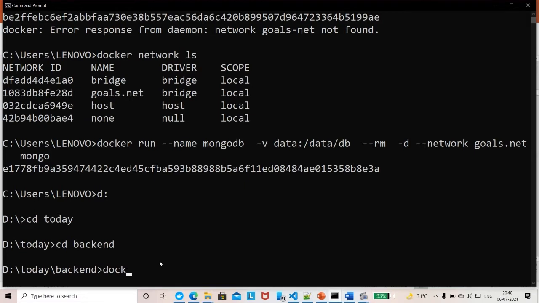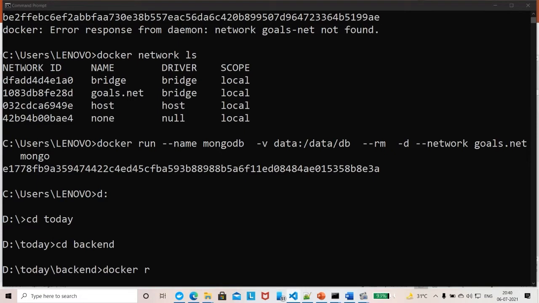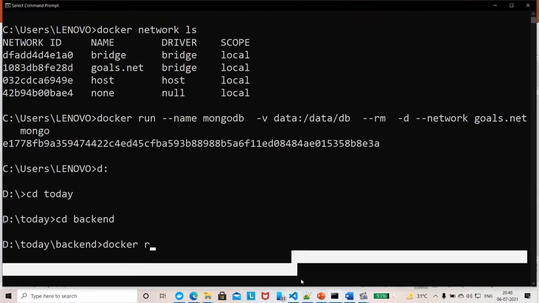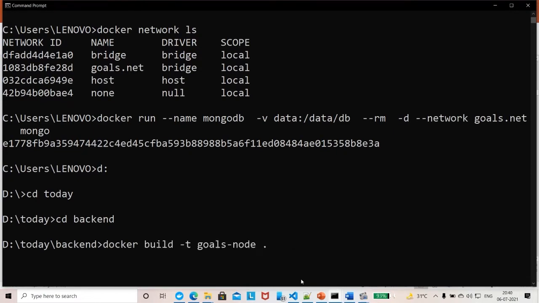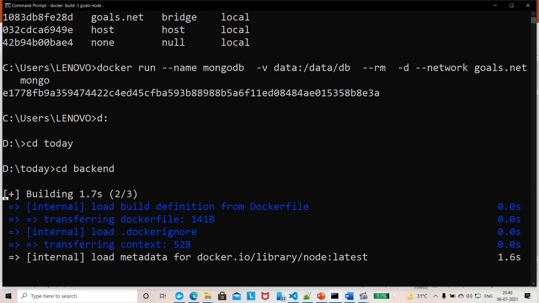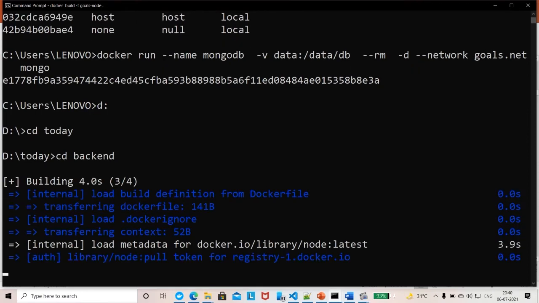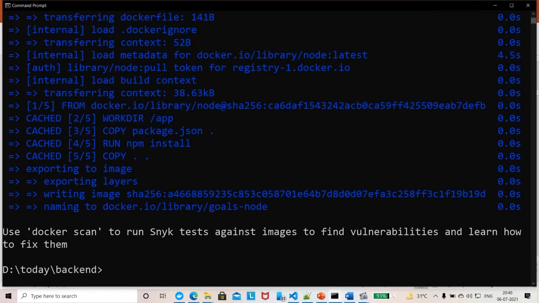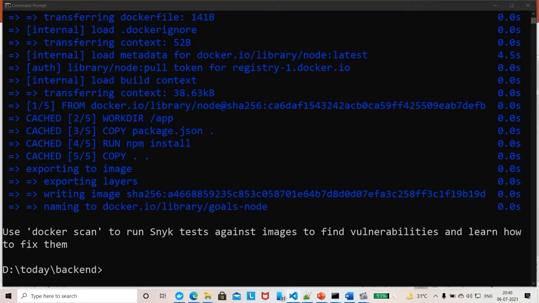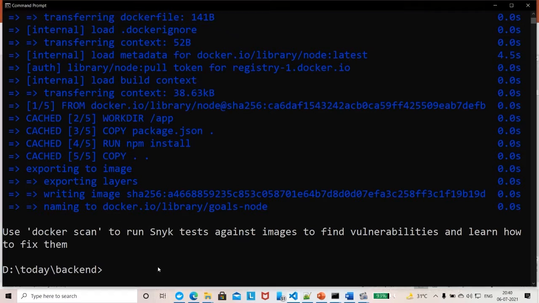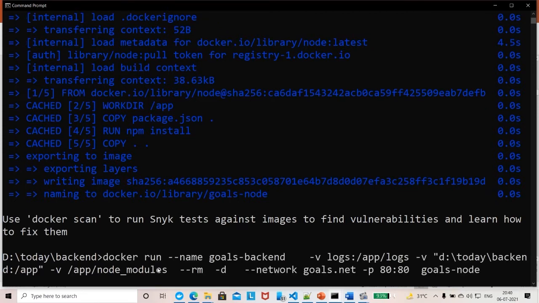So docker build, just very simple, we will just do this. So the image is ready. Now we will run the container.